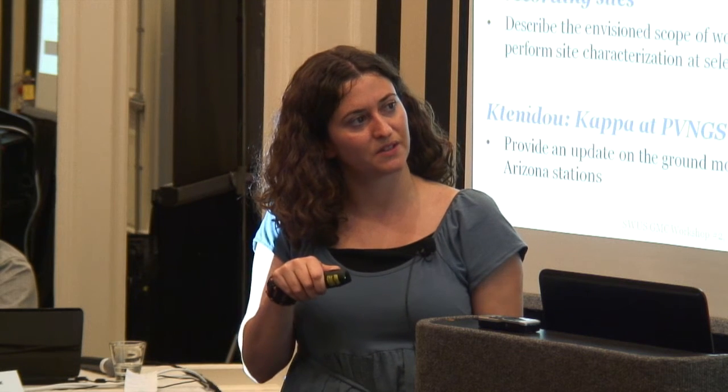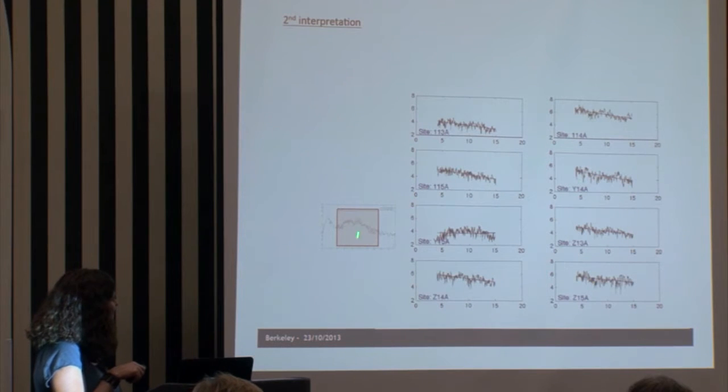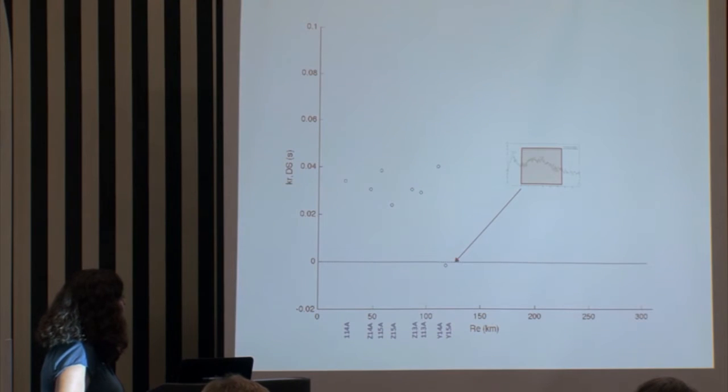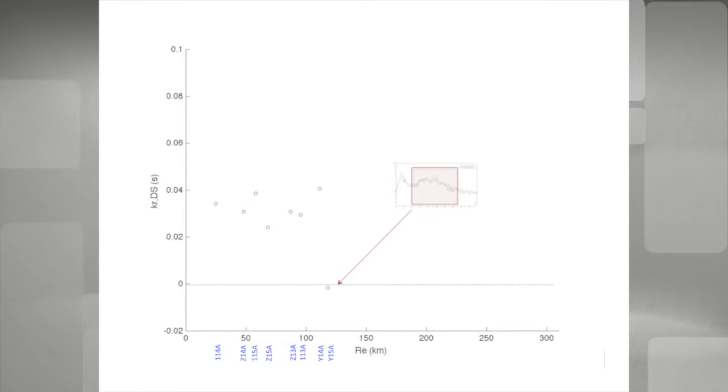This guy is not, but this guy is just following exactly the 10 hertz resonance we saw on the H over V. So this is not very, very strange. And these are the results with distance. I'm just keeping the scale from previously, which went out to 300. Here we have nothing